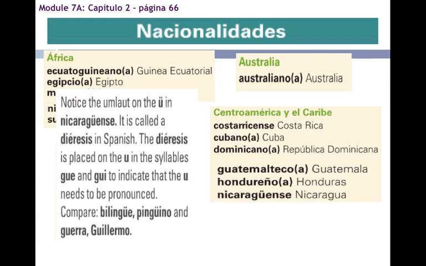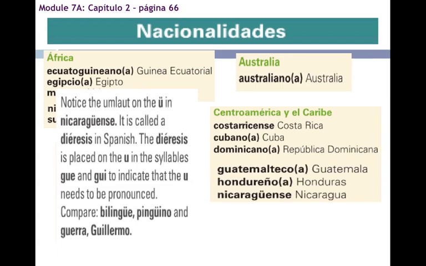Guatemalteco, guatemalteca. Hondureño, hondureña. Nicaragüense, nicaragüense. Now notice the umlaut on the U, the two dots in Nicaragüense. It is called a diéresis in Spanish. The diéresis is placed on the U in the syllables G-U-E and G-U-I to indicate that the U needs to